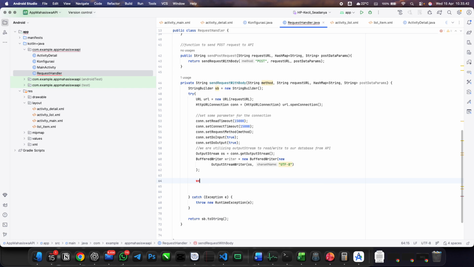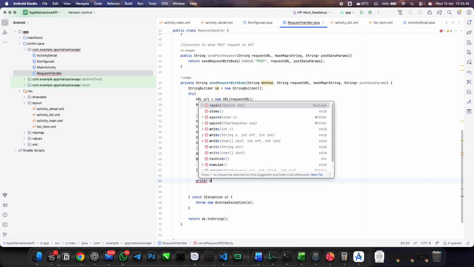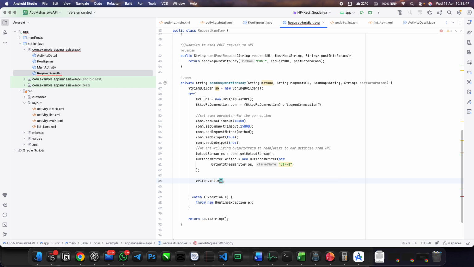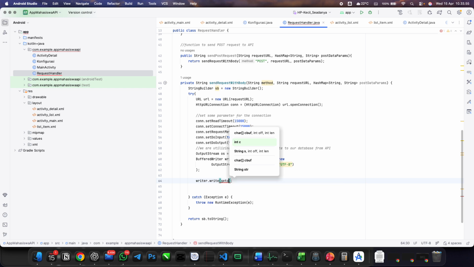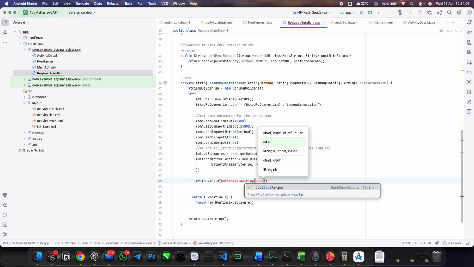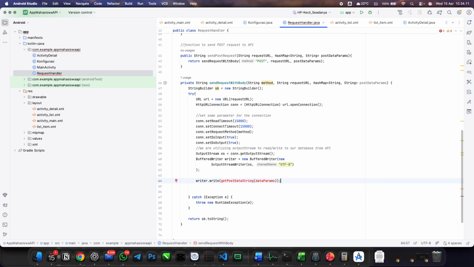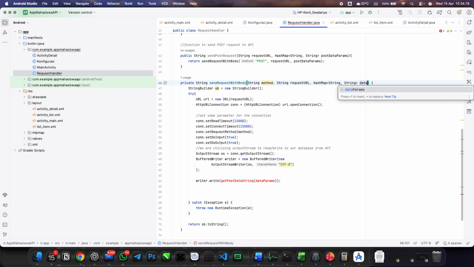Okay, writer, the function will be write, get post data string, data params like this. I know it will be a problem in here, because it should be data params.